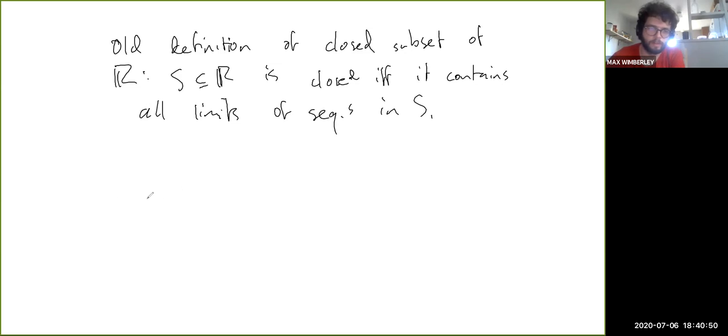That was the old definition. Then the new definition was the metric space topology one. But Proposition 13.9 tells us that the old definition is equivalent to the new one